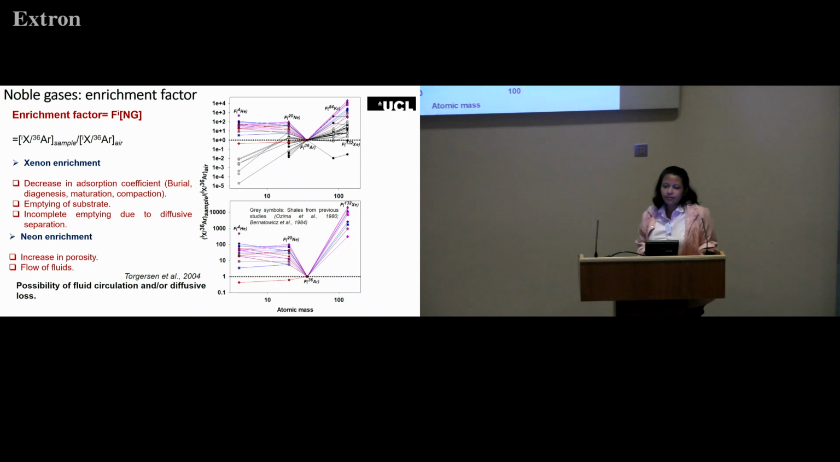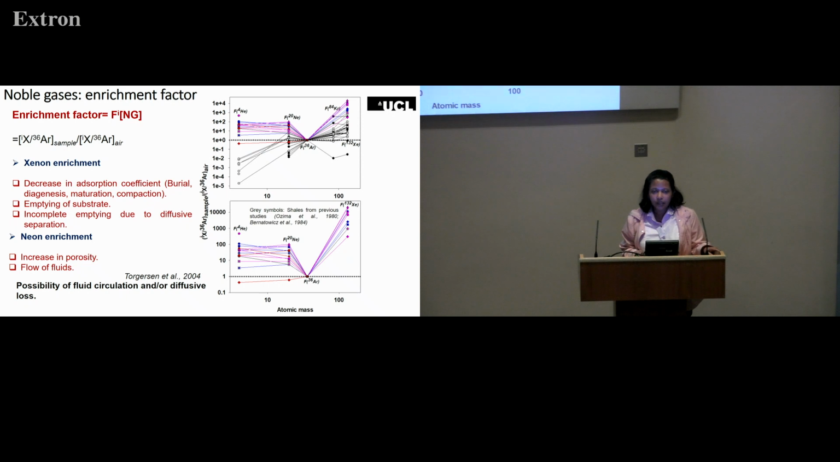The colored symbols are for my samples. The gray ones are from literature study. So that is what you would expect, the gray trend, a systematic trend like this, because that's how noble gases vary in terms of dimensions and atomic masses. So what does the V-shaped